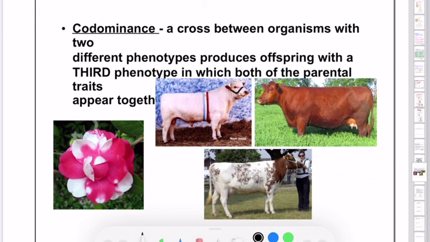Codominance is a cross between organisms with two different phenotypes that produce an offspring with a third phenotype in which both of the parental traits appear together. So an example of this is like incomplete dominance, but they're actually both showing up. So you see this white cow and brown cow, and then you get not a beige cow, but you get a white and brown cow. So that's what codominance is, that both of the parents' traits are showing up. Sort of like a speckle, and you see that in this flower where